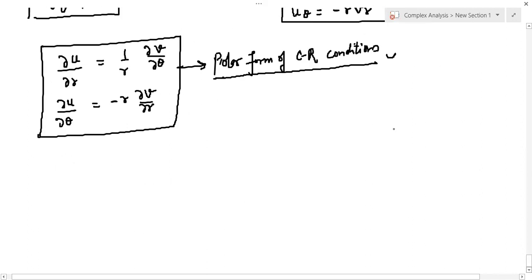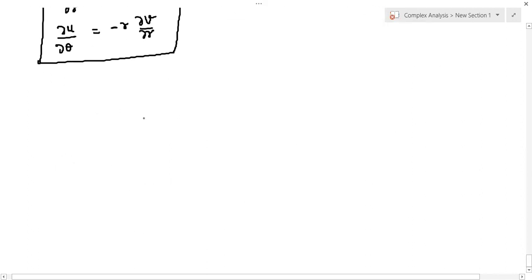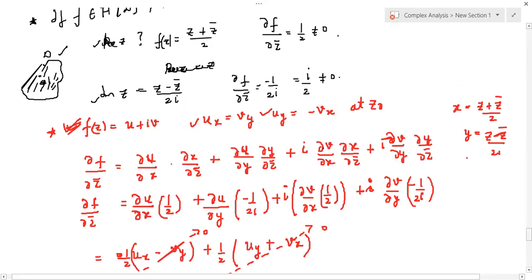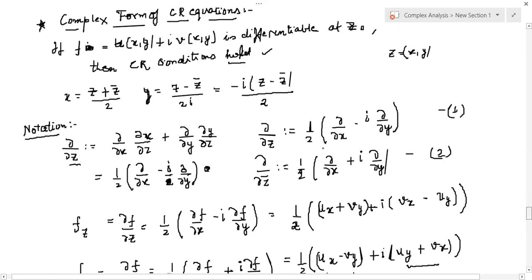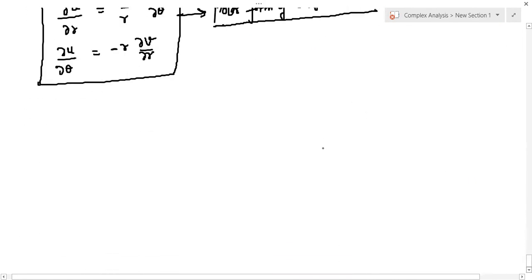Okay. Now coming back to the point which I was trying to make, we've already seen that if a function is differentiable at a point z naught, then the Cauchy Riemann conditions must be met at point z naught. And if Cauchy Riemann conditions hold, it doesn't imply that the function must be differentiable at that point. Now, what would be the condition for sufficiency along with the Cauchy Riemann conditions at a point, so that the function becomes differentiable precisely at that point? So what is that additional condition? I'm not deriving it, I'm directly writing it, that if